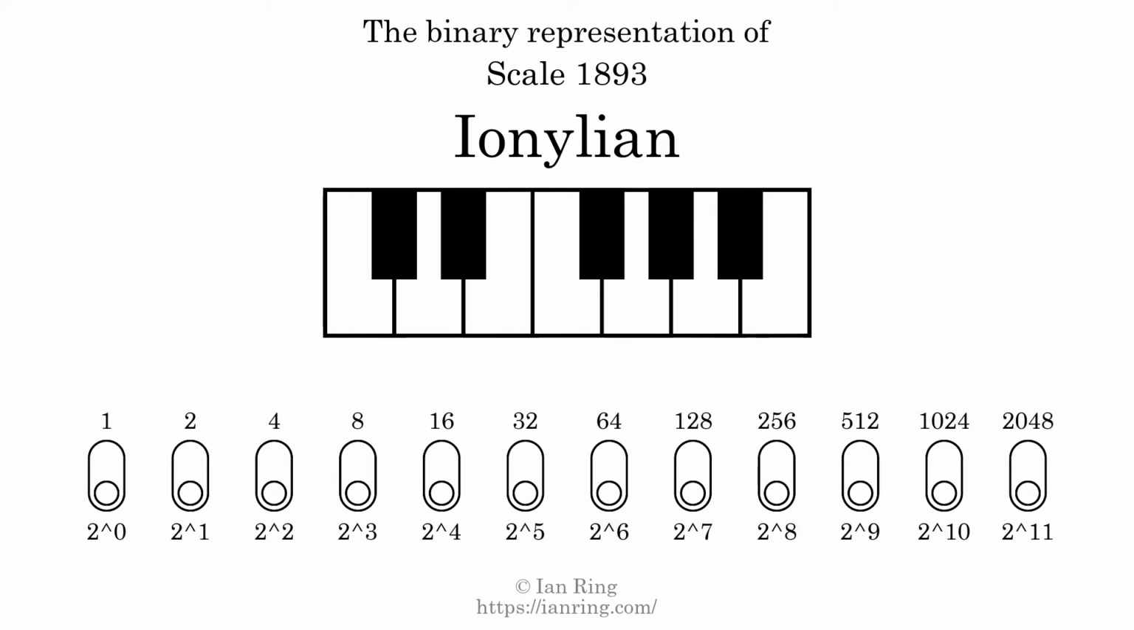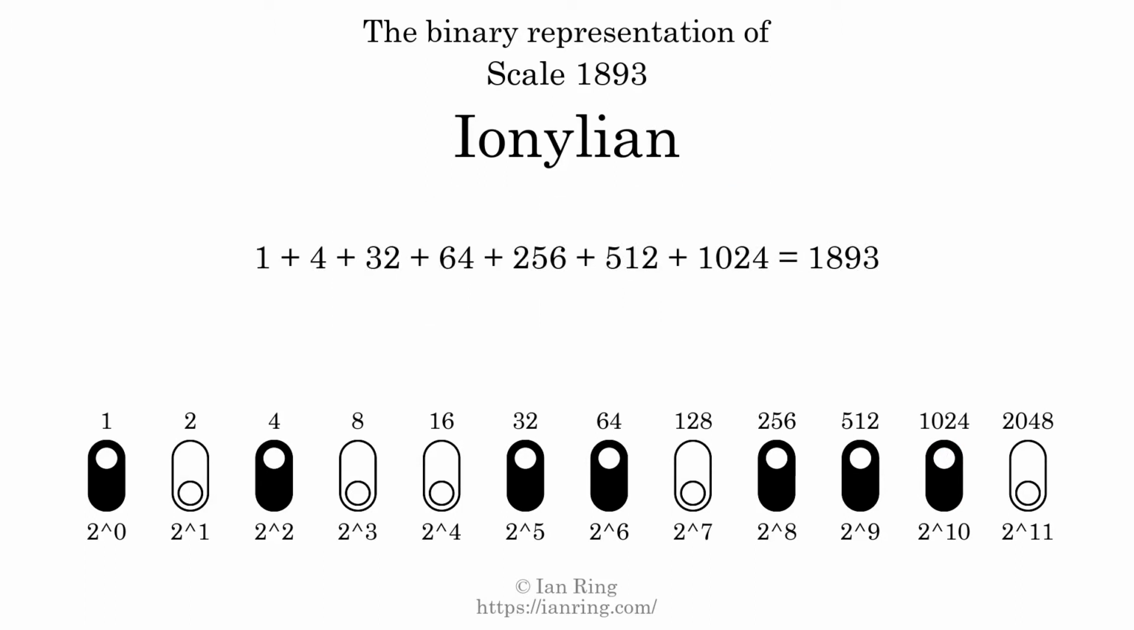The binary representation of this scale is determined by mapping tones of the scale to binary digits. Each binary digit represents a power of 2. To get the scale number, we add the powers of 2 together. The powers of 2 that are present in the scale, all added together, equals 1893. That is why the scale number, in decimal, is